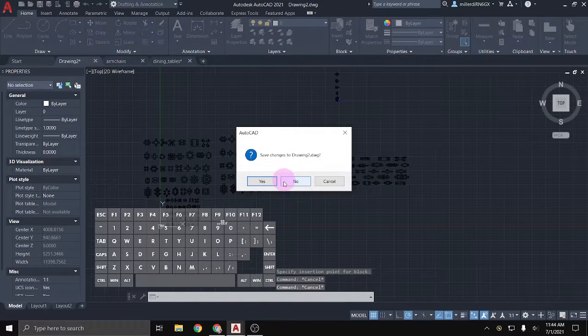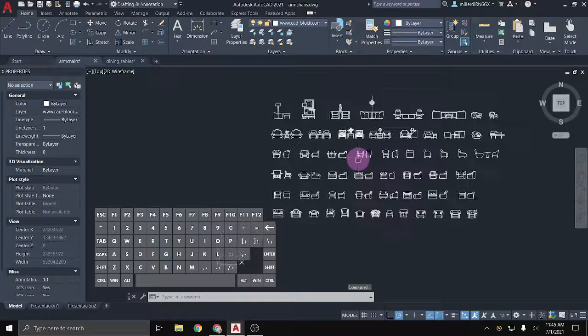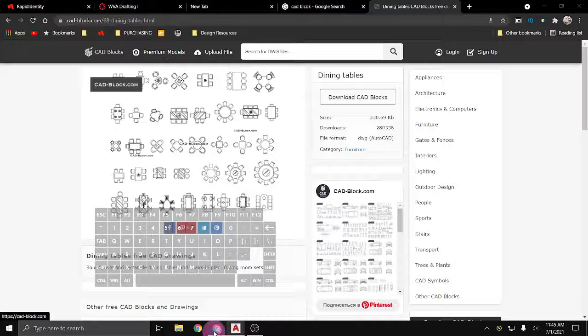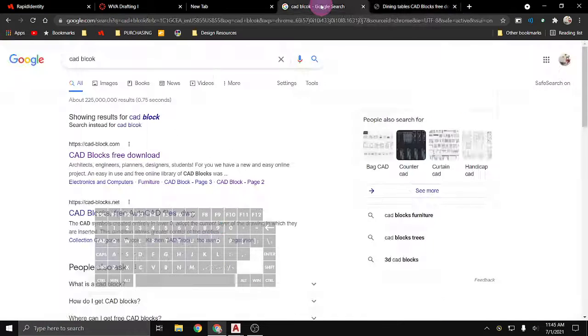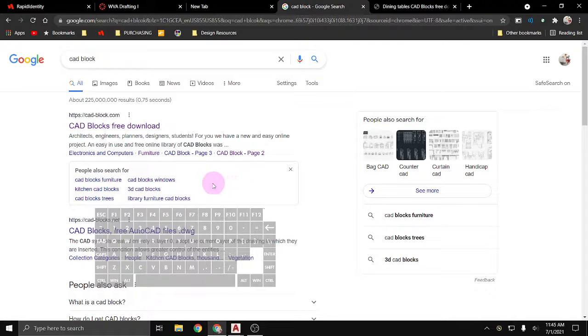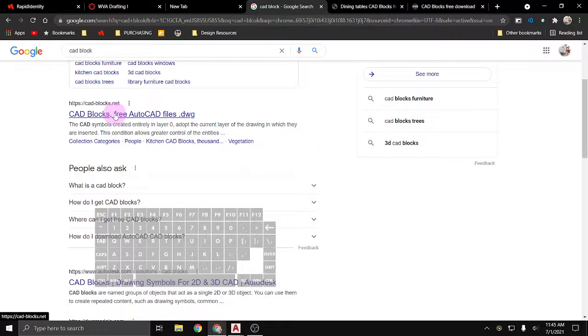So I'm just going to close out this drawing here. And so I have here some blocks, or rather those same blocks we were looking at, downloaded from the internet. So what I did was I went online and I searched for the word CAD block. I spelled it incorrectly, but I searched for the word CAD block. And there are some great websites out there. One of them that I like is cadblocks.com, cadblocks.net,